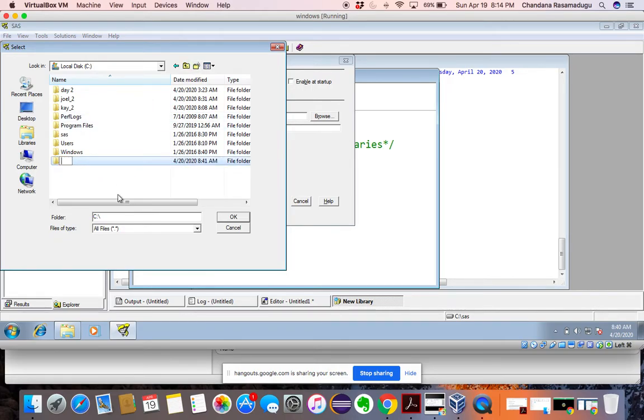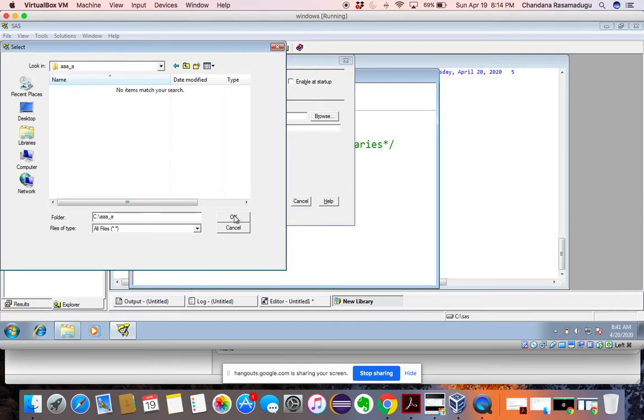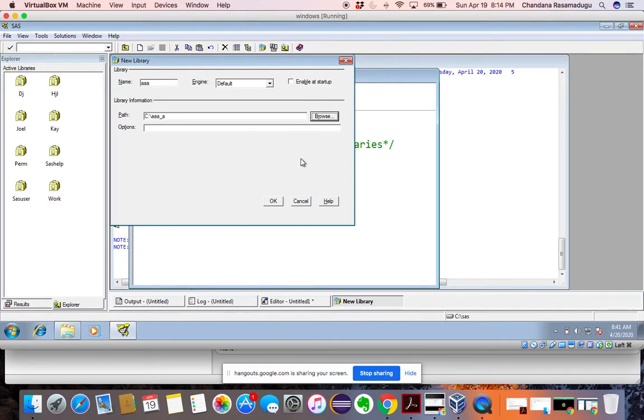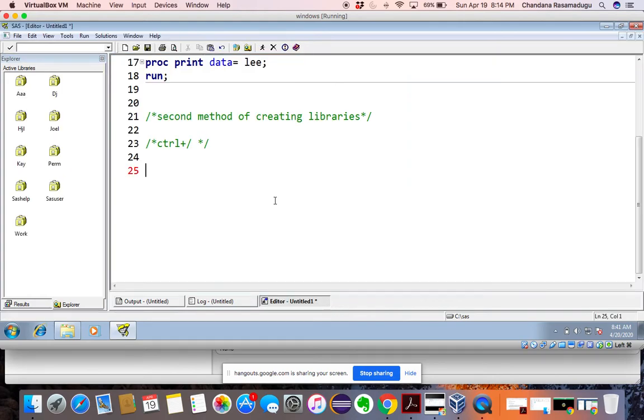The new folder name is maybe AAA underscore A. Let's give this path and click OK. Now your AAA folder is created.